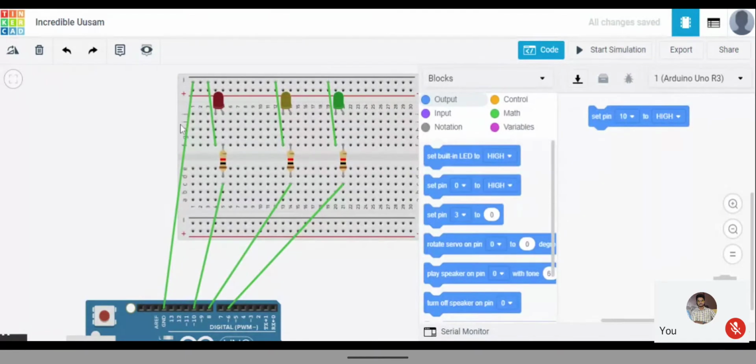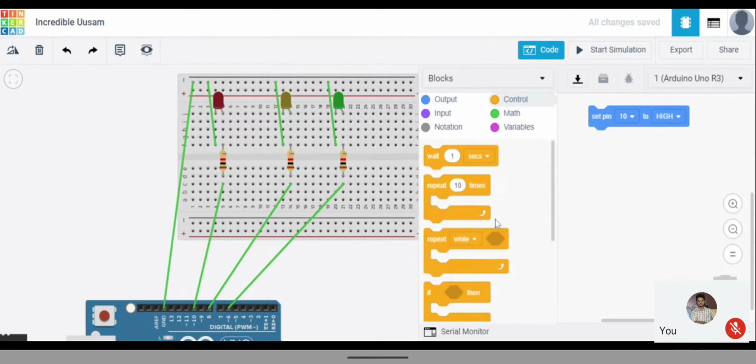So here also the electricity has to pass to one bulb. So the second and third bulb, I don't need any electricity to be passed. So I'll not give any program for that one. Okay, set pin to high. How much time does it have to stay? There has to be some time, right? It can't continuously glow repeatedly for that kind of time. So what I'll do is I'll give 4 seconds. Then what does it have to do?